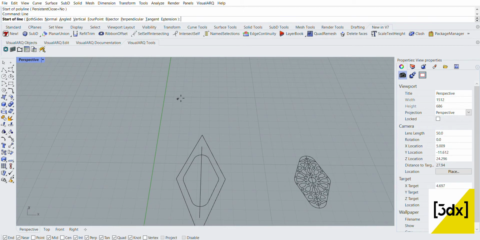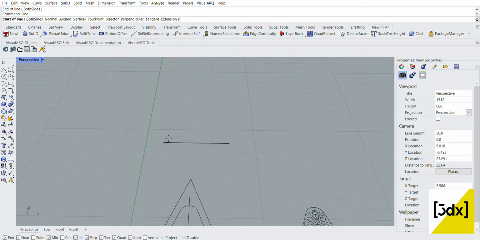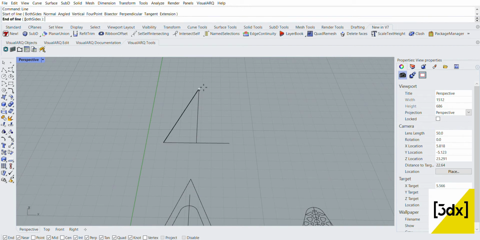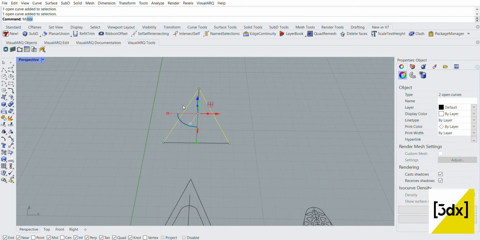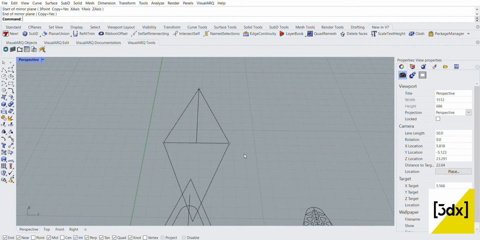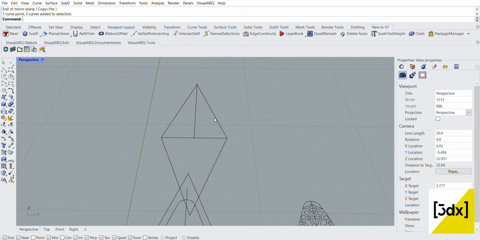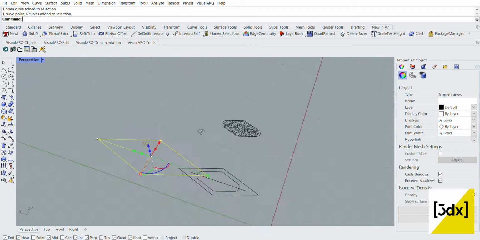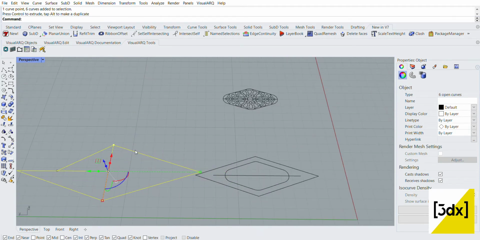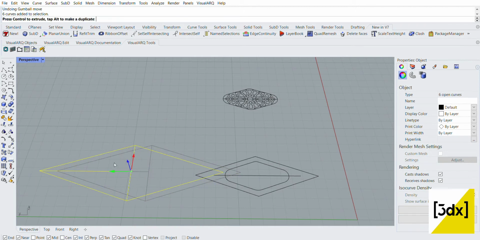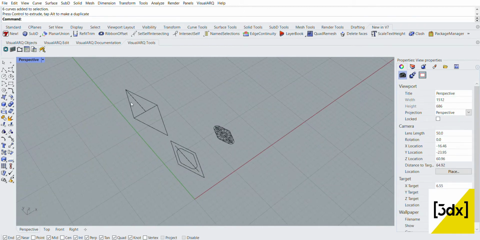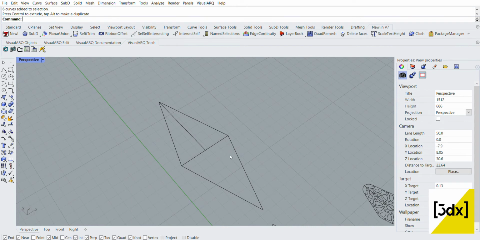I just took a line and used ortho, and now I'm using the mirror command. After I'm doing this, I'll just track it in front. Sorry, because I need the exact value to get the proportion. That's the reason I did that before, but I'm just showing how to do the shape.